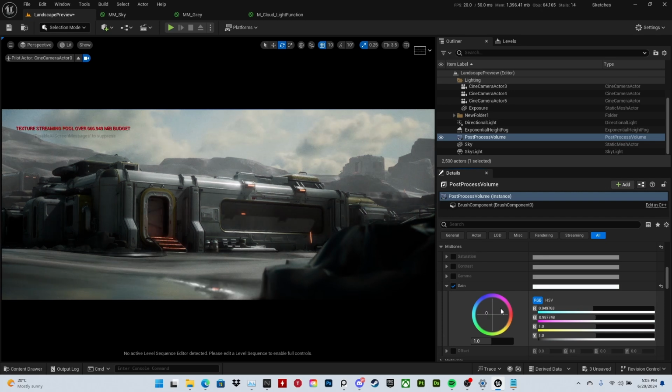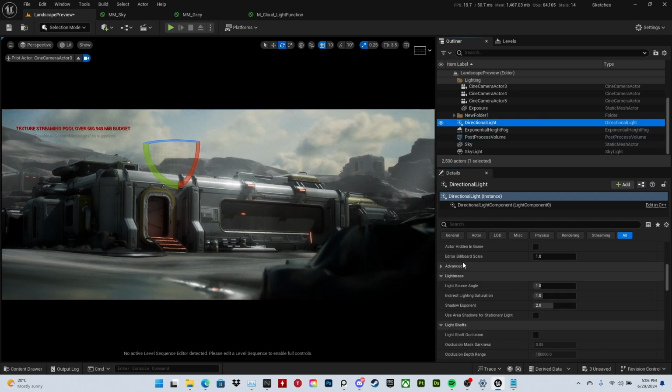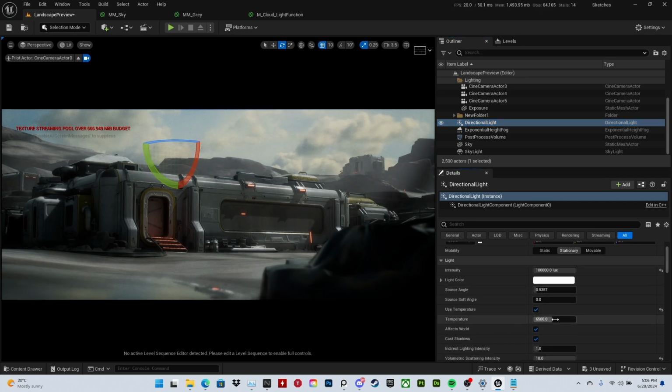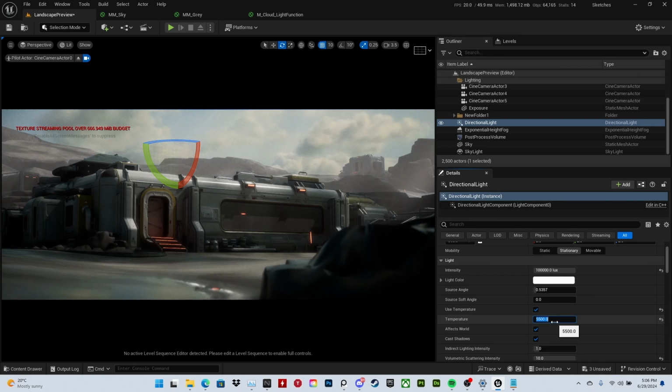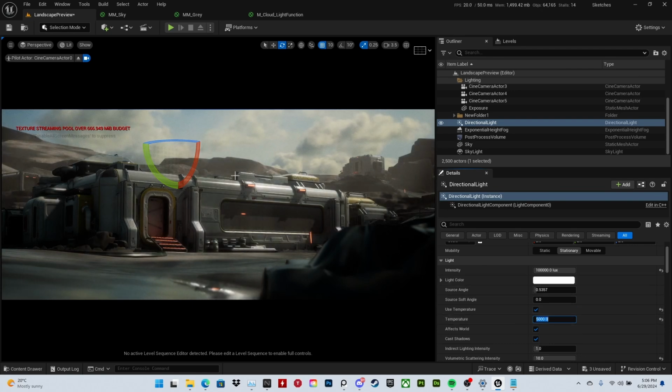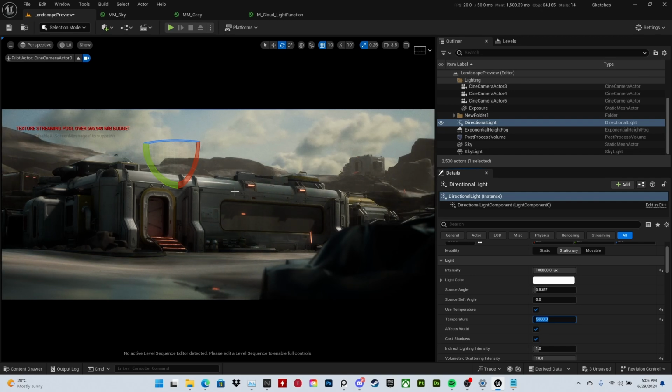My reference tells me that. And then maybe I want to introduce a bit more warm colors to it, so I can lower down my temperature a bit more. And we can start getting just a bit more variation in the color, and it can look much, much nicer, right? Just as a final tip with the directional light,